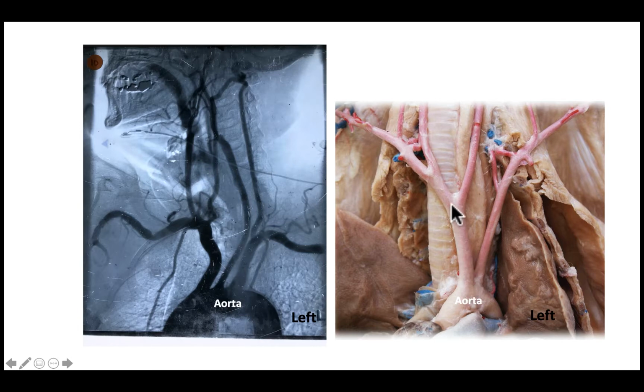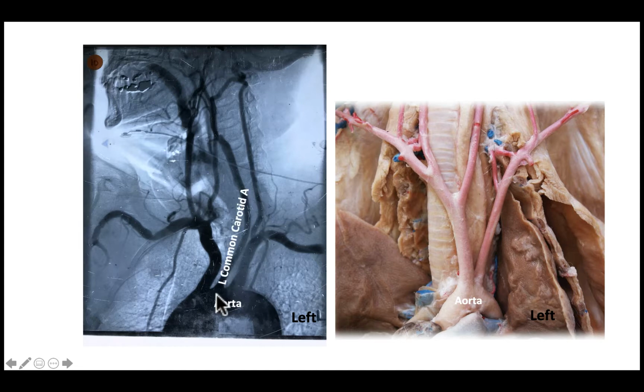And in the cat, this artery then gives off 3 branches. So here we'll follow that brachiocephalic artery. This is now the right subclavian artery. This branch is the right common carotid artery, and this branch is the left common carotid artery. So in the cat, the 2 common carotid arteries branch off of the brachiocephalic artery, whereas in the human, only the right common carotid artery comes off the brachiocephalic artery,